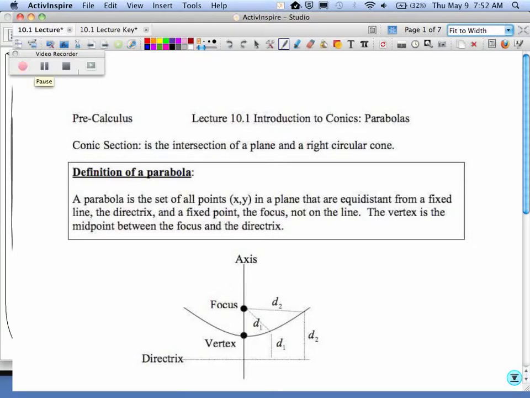We have already done some work with parabolas when we studied the quadratics, and so you guys are used to y equals x squared, or the quadratic equation ax squared plus bx plus c. That's kind of standard form, and that will generate a parabola, or a parabolic curve, it's called. And so what we're getting into with conics is